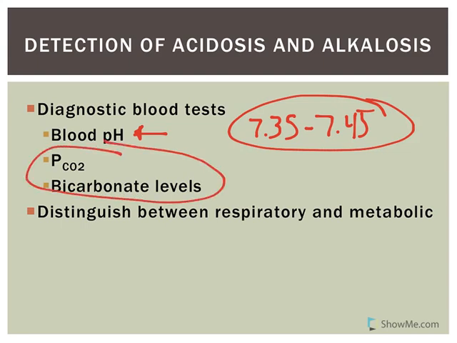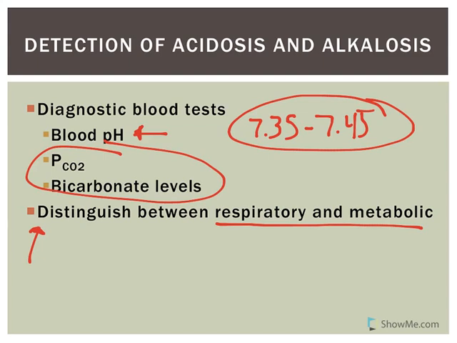These values are going to be off. And obviously they're struggling, but that's only going to last for a certain amount of time. At some point, that compensation is not going to last forever. So you can have a normal blood pH with an acid-base disorder because of full compensation. Now, looking at the levels of CO2 and bicarb, and looking at pH, you can distinguish between respiratory and metabolic acidosis